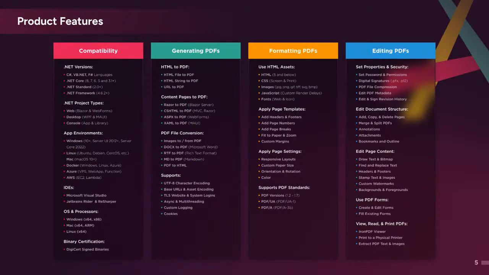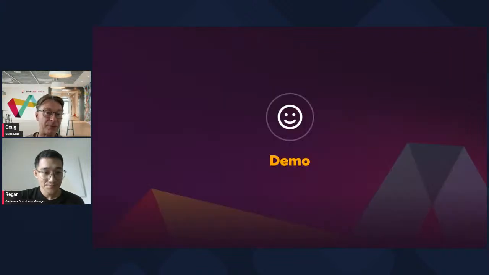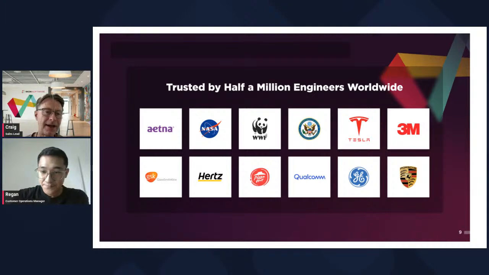Thank you, Regan. That was amazing and really highlighting how easy and out of the box IronPDF really is. So it's a perfect choice for a quick solution that's feature packed. So now we'll take a quick look at IronPDF, the different use cases, and how it can transform your